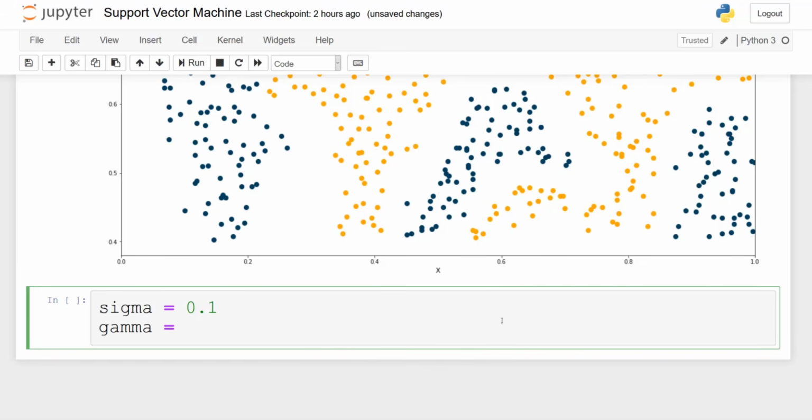And then gamma will simply be 1 over 2 sigma squared. So 1 over, open brackets, 2 times sigma star star 2. Perfect.